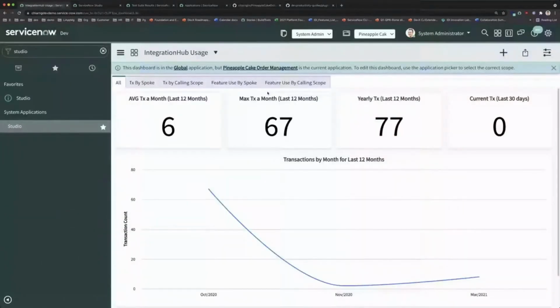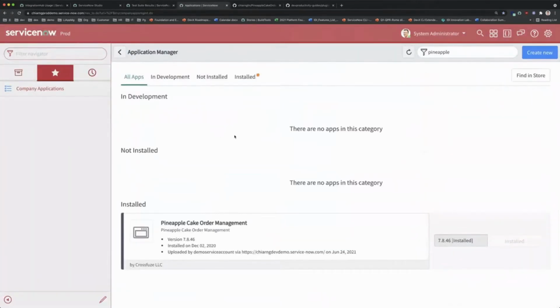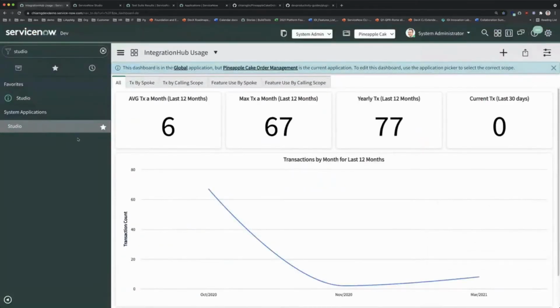So here I've got 3 environments set up here. I've got a dev instance here, a test instance where I run ATF test suites, as well as a production instance where I will finally deploy my application. You can see here that the version of the application right now is 7.8.46. So if you haven't done this before in dev, you can open up the studio application, which will pop